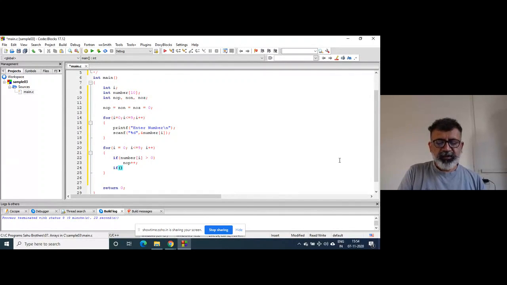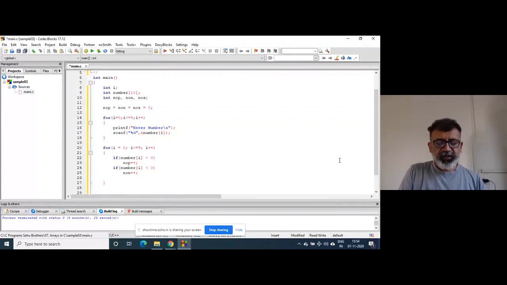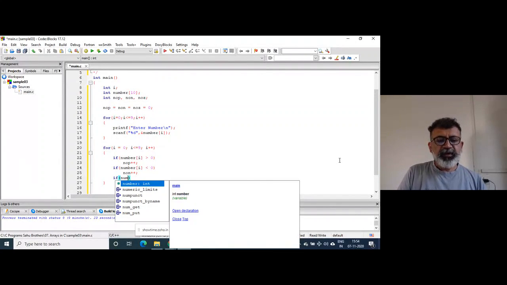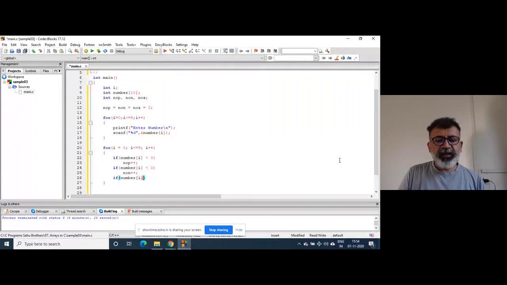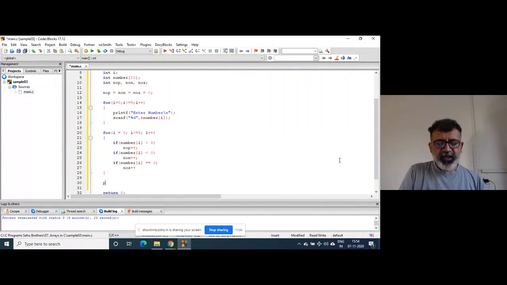If num of I is less than 0, NON plus plus. If num of I equals 0, NOZ plus plus. Right? And then I will write printf